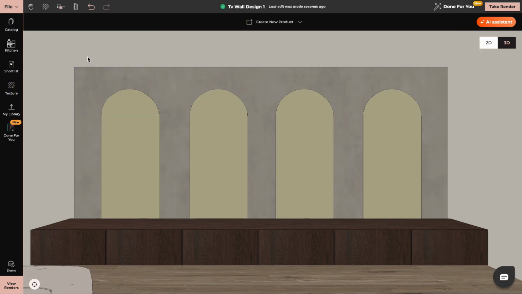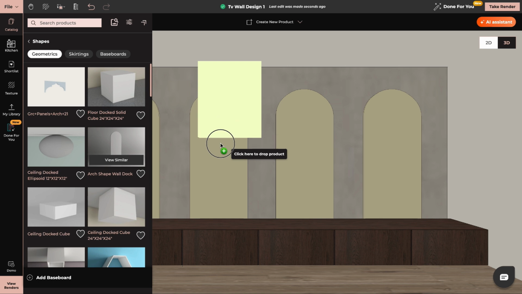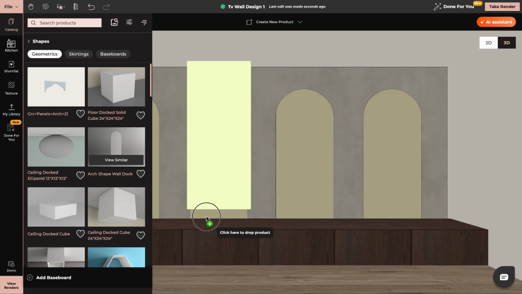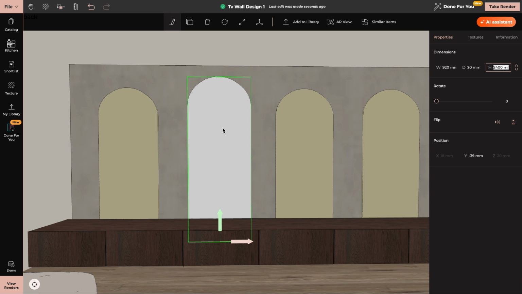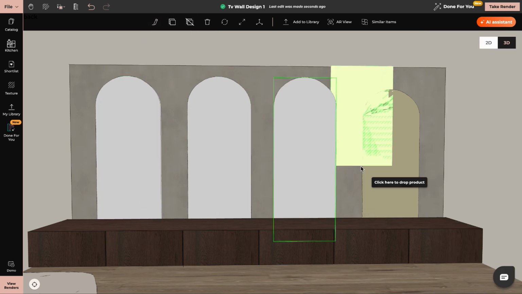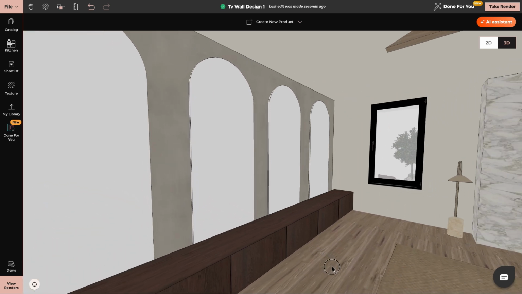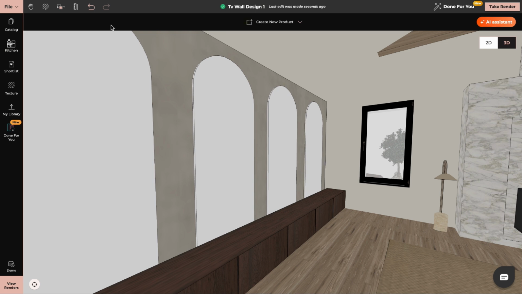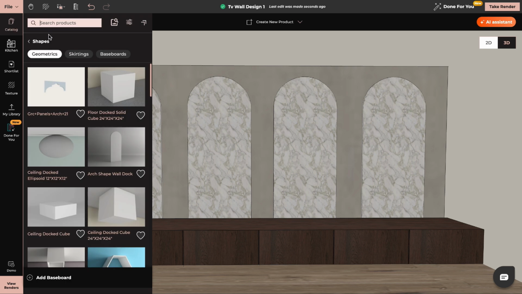Now I will use the same shape and I will put it on top. On top of the white arches, I will apply the same marble texture as we have on the fireplace. I will add a TV